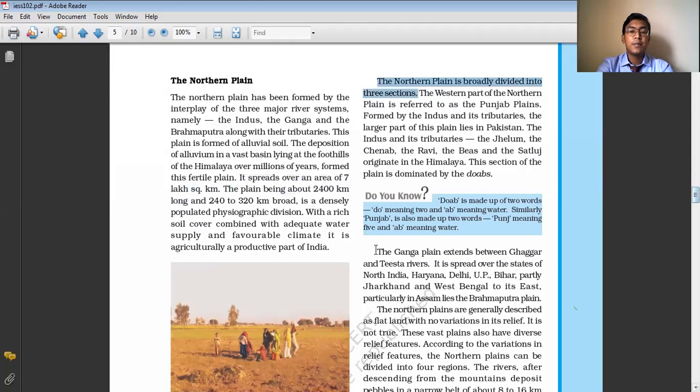The next is the Ganga plain, which lies between the river Ghaggar and the Tista. This Ganga plain is the major subdivision. It is the largest subdivision of the northern plains. The Ganga plains basically include states like Haryana, Uttar Pradesh, Delhi, Bihar, some parts of Jharkhand, West